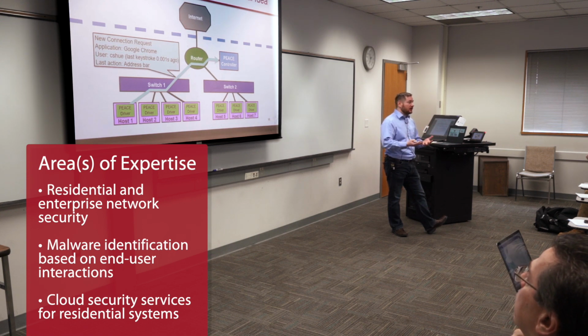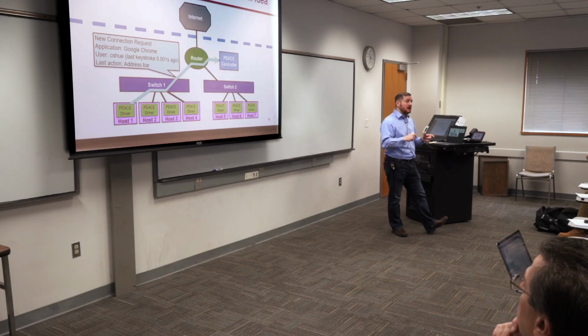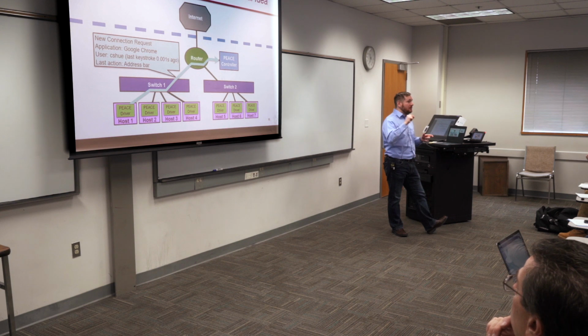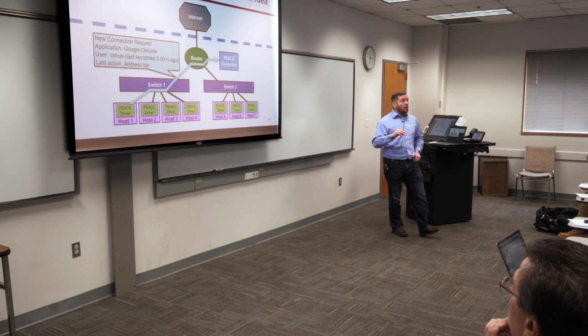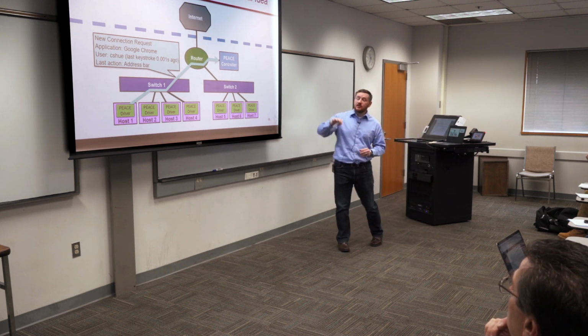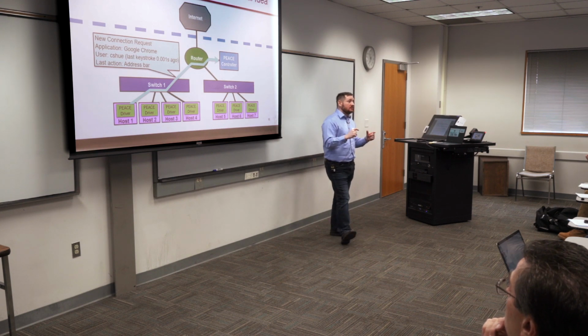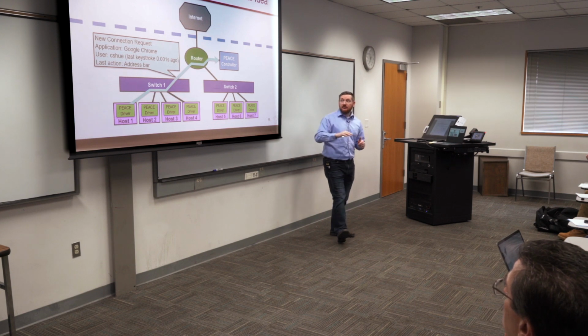start having a large network, like the size of WPI's. You have thousands of people doing thousands of different operations, and it can be difficult to tell whether a network flow is being created because an end user requested it or because malware requested it. What we're doing is we're creating a system that installs on each person's computer that will identify what the origin of the traffic is. It will say, for example, the reason that you're seeing this network request is because Craig clicked this button in the Google Chrome browser and I need to fetch the web page for him because he